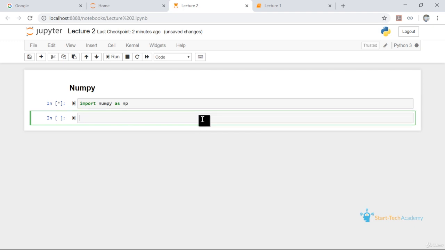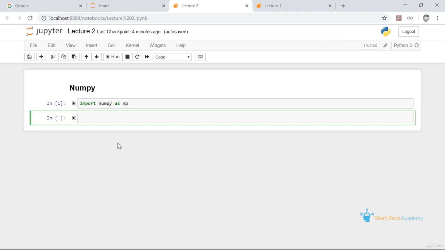Since we are using Anaconda, there is no need to install these libraries. All the important libraries are already installed using Anaconda. And if you are using plain Python, you have to use pip install in the command prompt to install this library. There are various ways to initialize a NumPy array. We can either convert an existing Python list or tuple, or we can generate a NumPy array using functions like arange and linspace. So let's start with np.array.